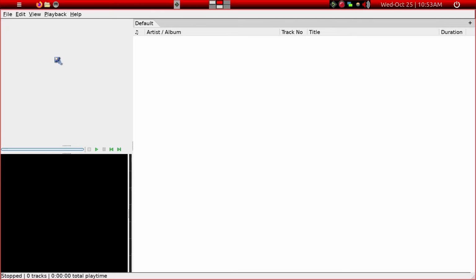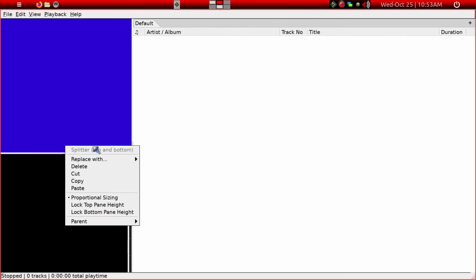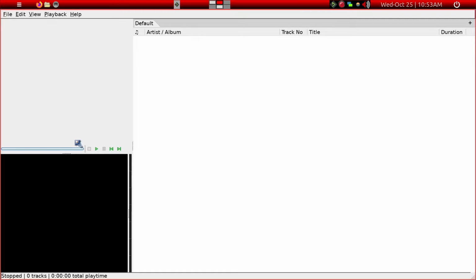Okay, and then because we don't want it to be adjustable here by someone else, what we can do is you can go ahead and lock it up. So we'll just right click where that arrow changes, and then height, we're going to lock at top and bottom, so there's no way to adjust top and bottom. But right now we'll just go ahead and stop